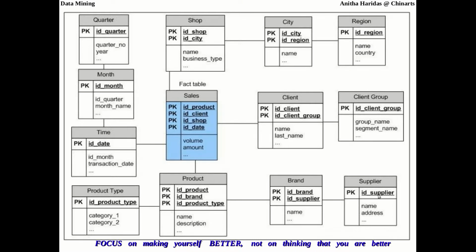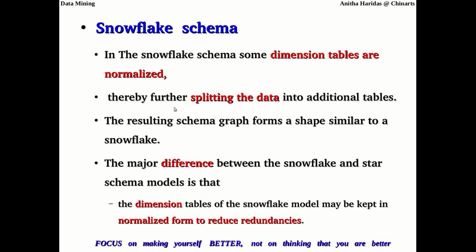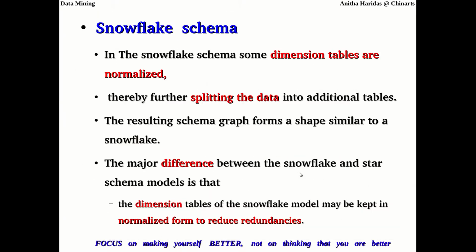So this becomes a normalized table. If you combine this brand information and supplier information in this table, then the table will be in the denormalized form. So that is what is done in the snowflake schema. The resulting schema graph looks like a snowflake because you have continuous flakes in the dimension table. So we call it a snowflake schema.